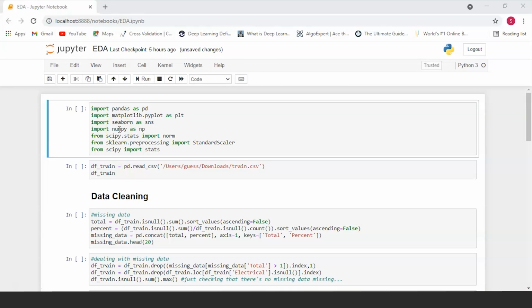The NumPy module will help us perform numerical calculations on our data, and the norm function from the SciPy stats module will help us perform normalization on our data. The StandardScaler function from the scikit-learn module will help us standardize our data. And just to get a couple of statistical insights, we're also going to import the stats module from the SciPy library. So let's run this and import all of the necessary modules.